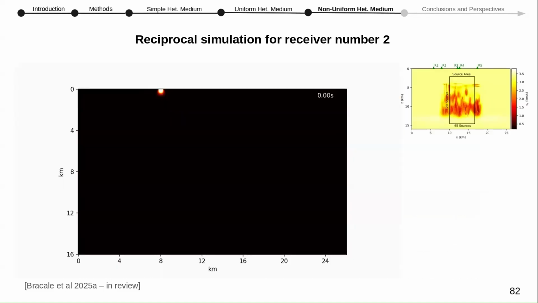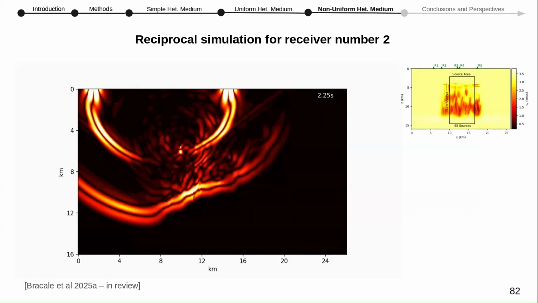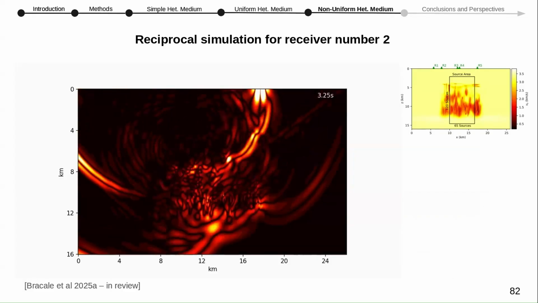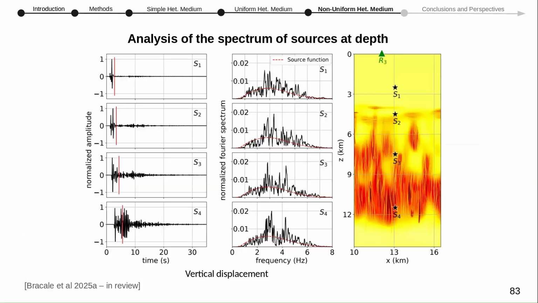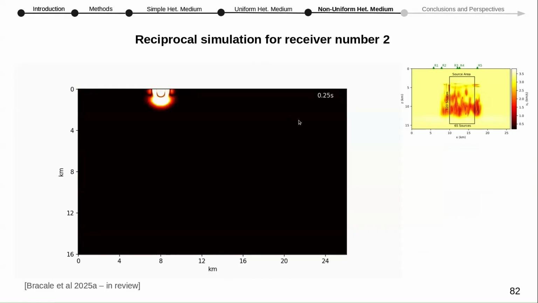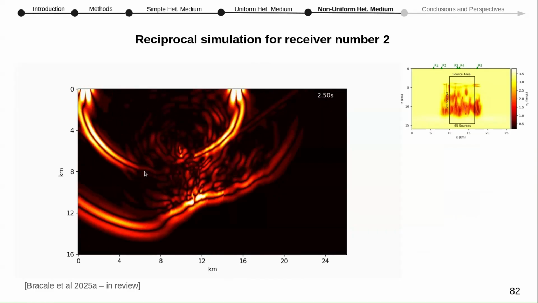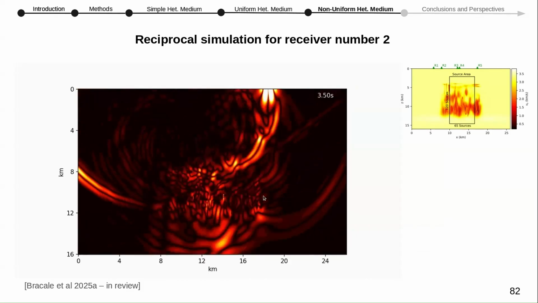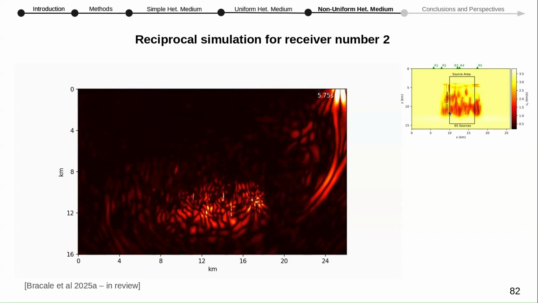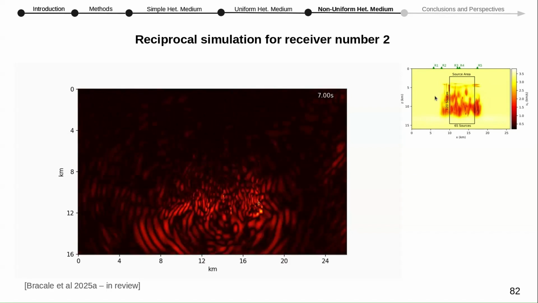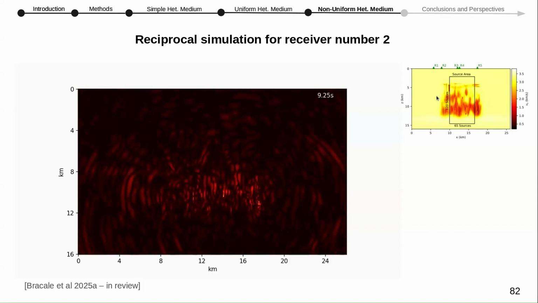Now we can move to the simulation in reciprocal condition. So the source is at the free surface. Then we see waves propagating in the lower part of the medium, Rayleigh waves propagating on the right. And then we can see that a lot of scattering is produced in the deep part of the model, the region between about 8 to 12 kilometers depth, characterized by very high velocity fluctuation and low average